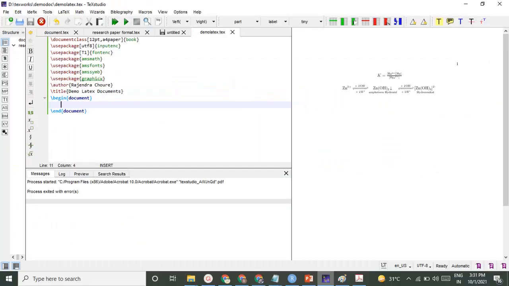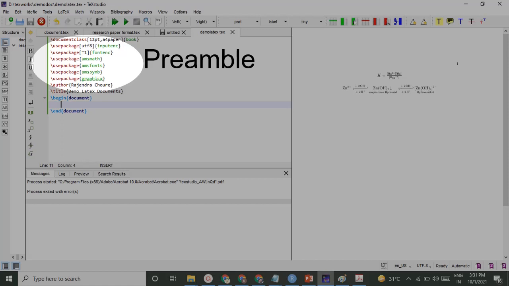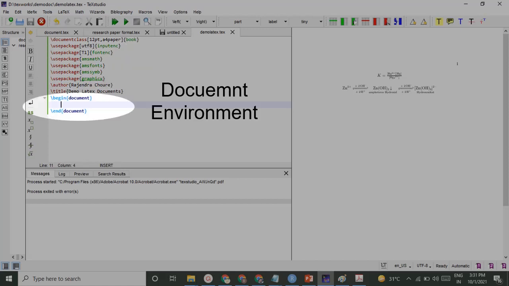Know the template. At the top till begin document, it is the preamble. Formatting specifications for the whole document will be there in the preamble, coded as LaTeX commands. All your text will be between begin document and end document.